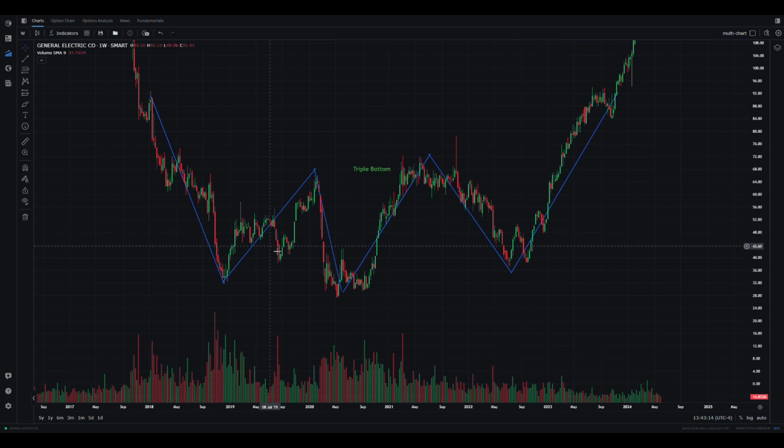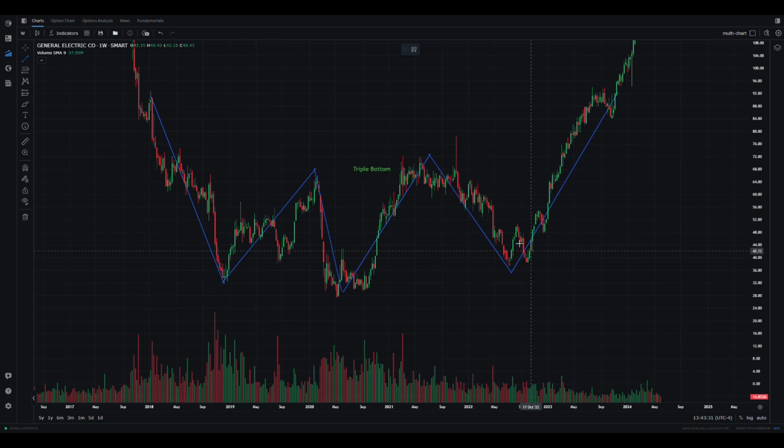The formation of a triple bottom pattern indicates that sellers have attempted to push the price lower 3 times, but have failed to sustain the downward momentum each time. This repeated failure suggests a strong support level and exhaustion of selling pressure, potentially signaling a reversal from a downtrend